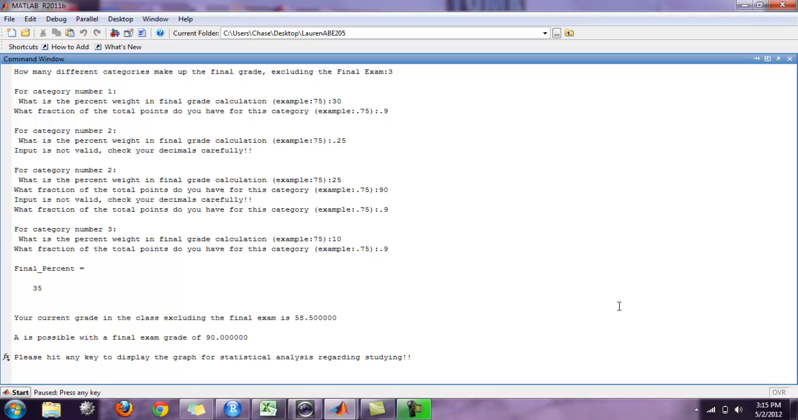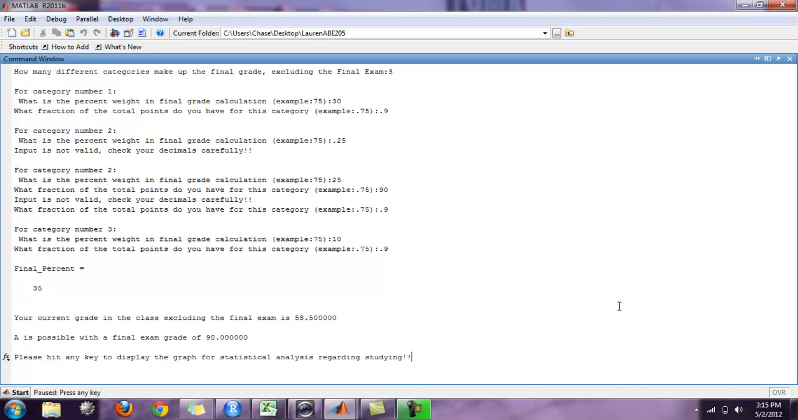So when you hit enter for that last time, you will be almost completing the program. It's going to calculate your final percent, like how much the actual final category is worth in the final grade makeup, which here is 35%. You're also going to be given your final grade in the class, excluding the final exam, which is a 58.5, and then the highest grade possible, which is an A, is possible with a final exam grade of a 90%, showing the students that if they work really hard and get a 90 on the final, they can get an